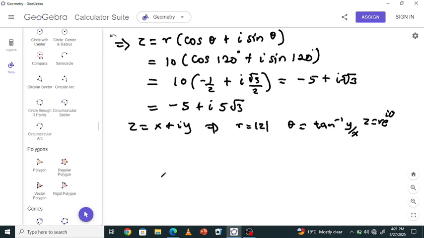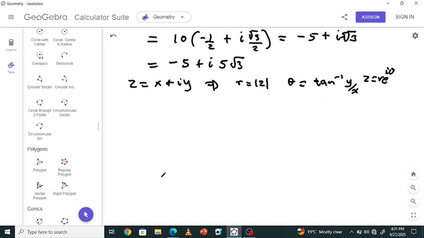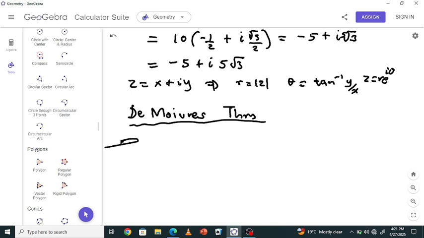The next area we're going to look at, because this is an introductory part, is called De Moivre's theorem. This theorem was named after the famous mathematician called De Moivre, and the theorem states that,